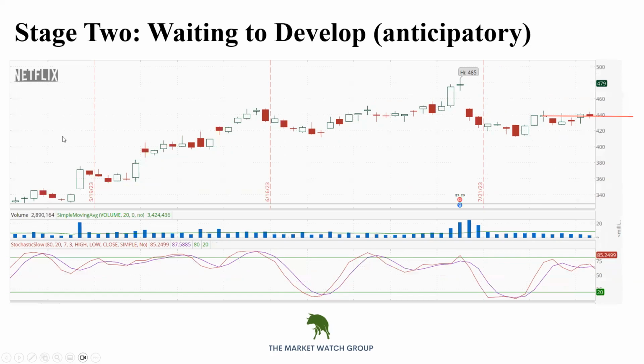And then all of a sudden, you can see waiting to develop. Now here, this would be anticipatory. Why do I say that? Because if you notice, we're still pushing, and now the sellers are starting to come in. Not a lot. And it might look like the stochastics has turned, but actually it would look like this. It would not have turned yet. Don't let that fool you in hindsight. At the hard right edge, you don't have that.